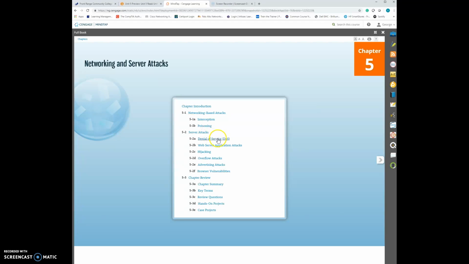Server-side attacks, DOS, DDoS, web application attacks. We look into cross-site scripting, SQL injection, hijacking sessions, overflow attacks where it actually doesn't attack against your RAM. So say right here, as we kind of found out with the virtual machines, they take RAM to execute. Any piece of software you have runs in RAM.